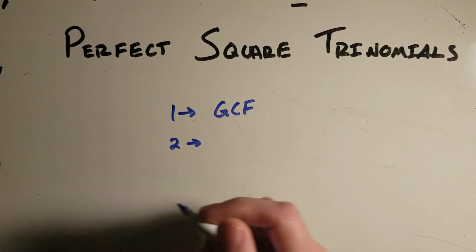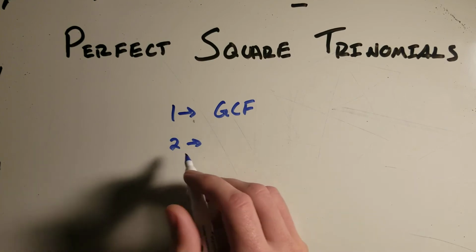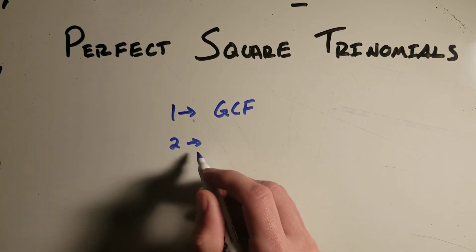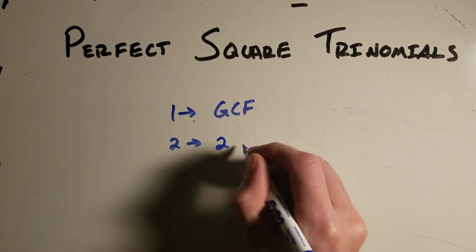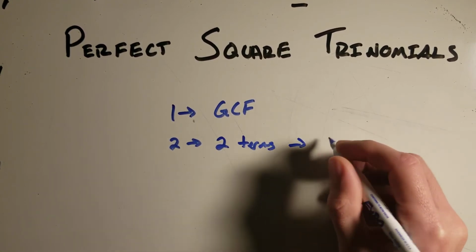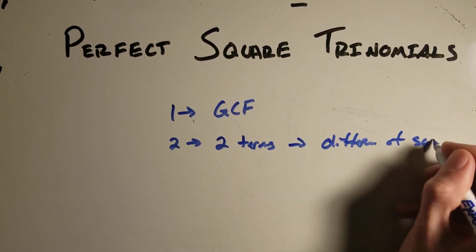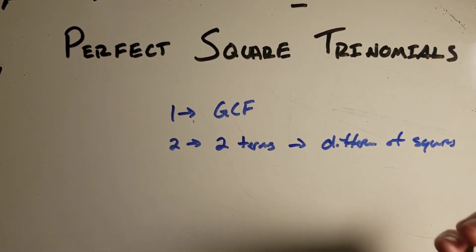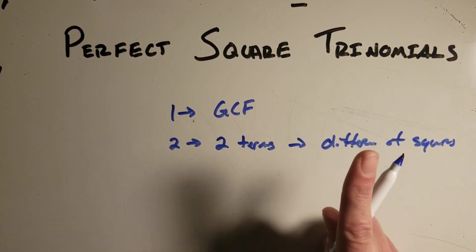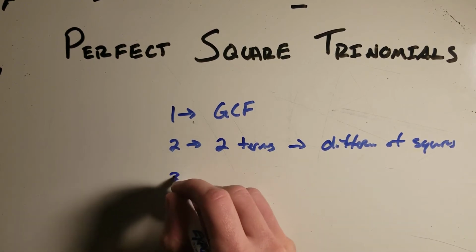And then you kind of have some choices to make. Our next step, I like to say if there's 2 terms, then check for a difference of squares. So if you have 2 terms, you're doing a difference of squares. And if you have 3 terms, well, then you're kind of leaning back on the coefficients. If it's a leading coefficient of 1, then you can factor like we know how to. If it's not a leading coefficient of 1, so if you have 3 terms,